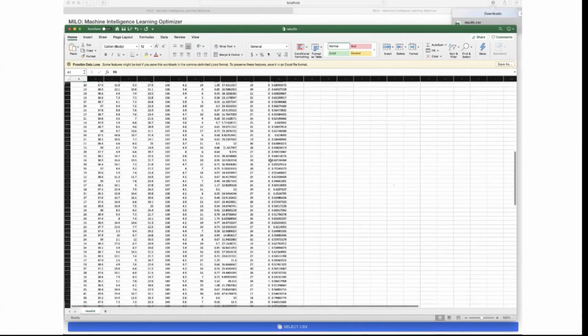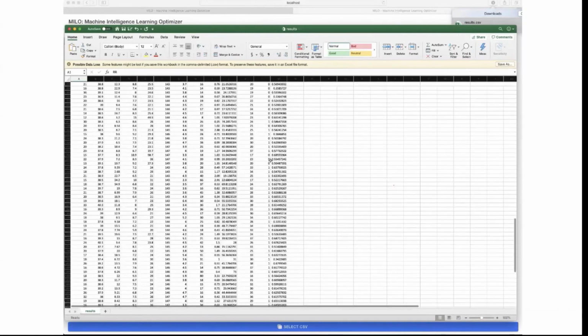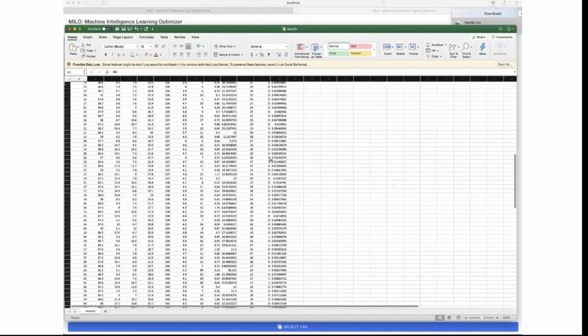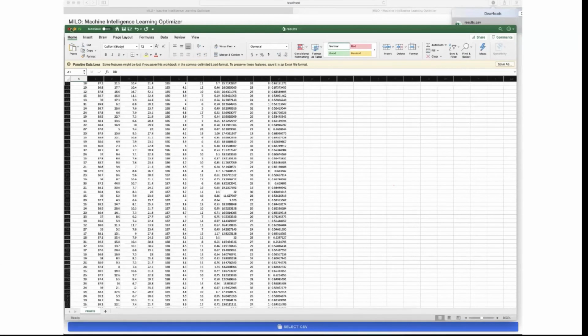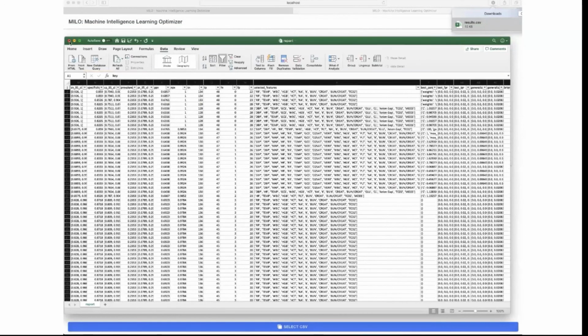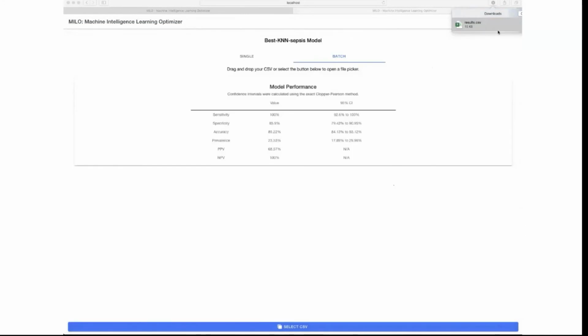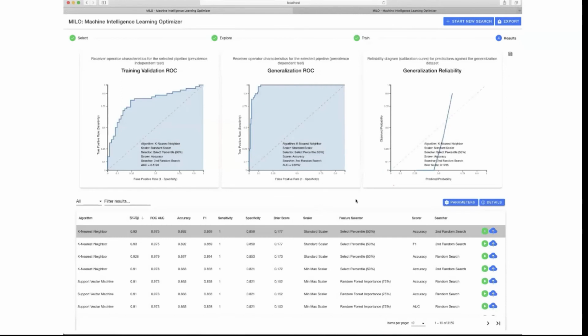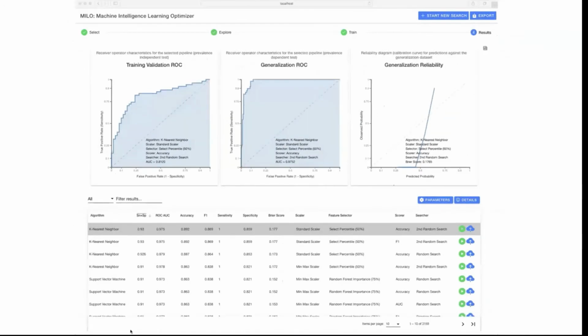So as an investigator, you can dig into that and find out why it was called positive when it was really negative. And so again, a lot of transparency, and you as an investigator can learn more from your data as you use the platform. It's made so that it makes your life easier, so you can do your studies better and ultimately find the best models that end up being helpful for yourself and ultimately the patients you're taking care of. So this is basically MILO in a nutshell.